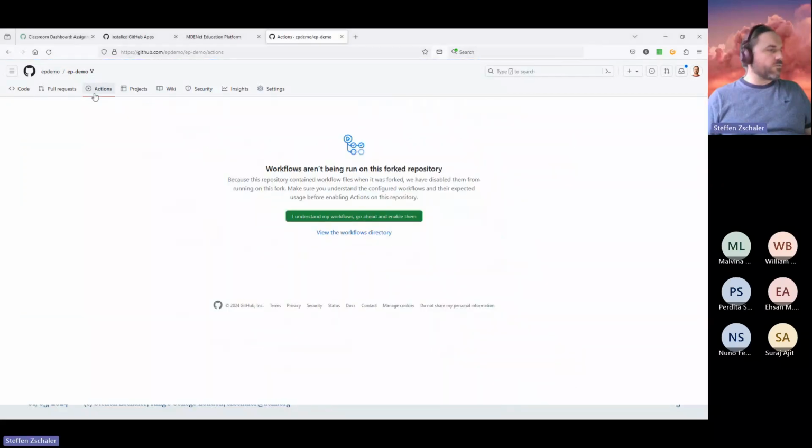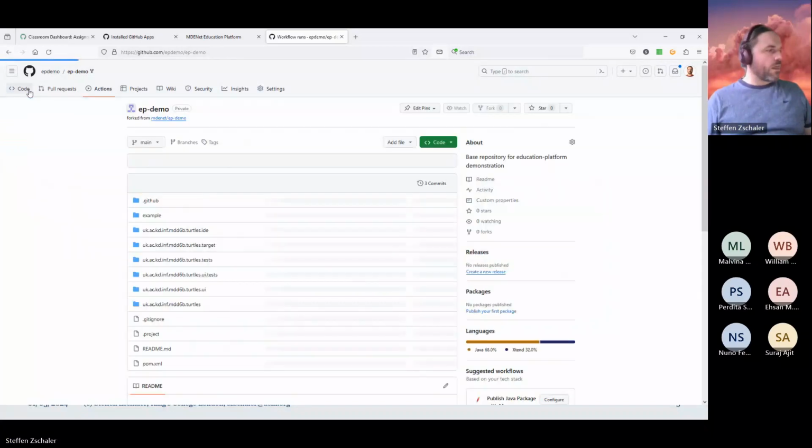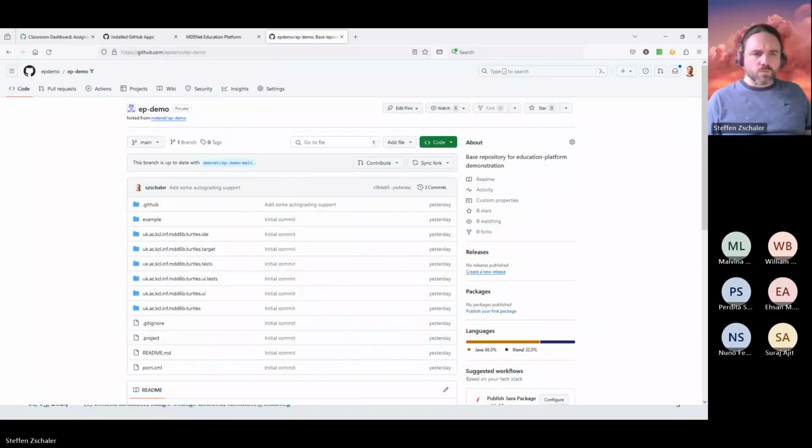What I'm going to do first, though, is one thing I always keep forgetting: because I've created a fork, I'm going to have to enable GitHub Actions. That's important because I have an autograder action here that runs, and I want to make sure that it will actually run when my students clone the repository. Okay, so